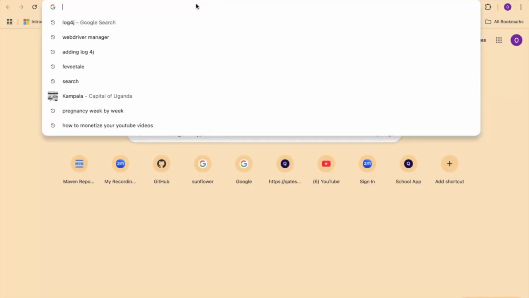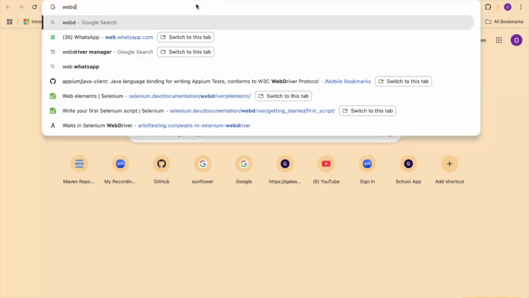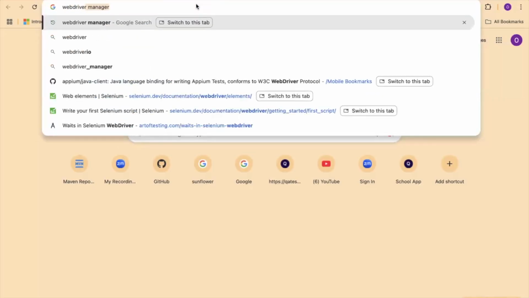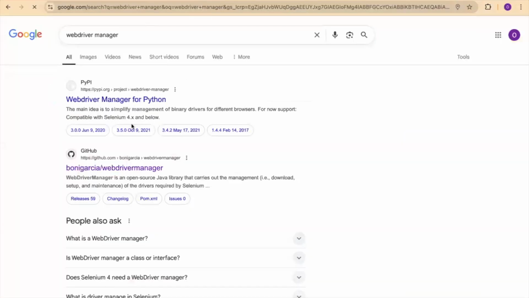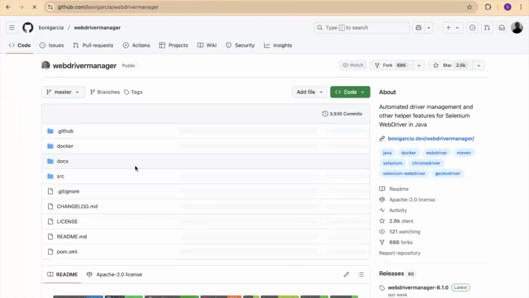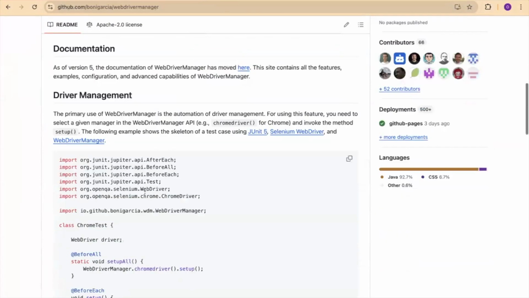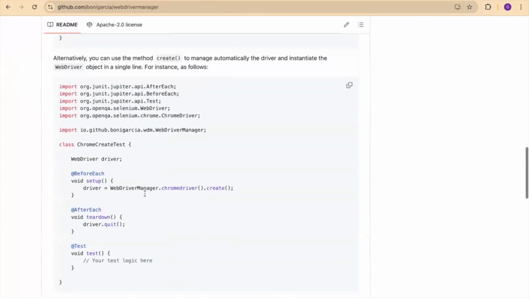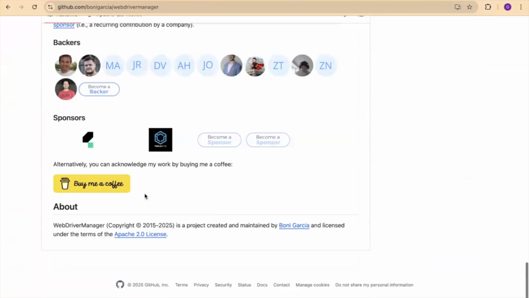Let's see. Okay, so we said the WebDriver Manager, we wanted to add it on day one, but we didn't want to go through the stress. So it comes with what we call the Bonnie Garcia. You have to add this in your pom.xml. So when you add this in your pom.xml, it will give you access to